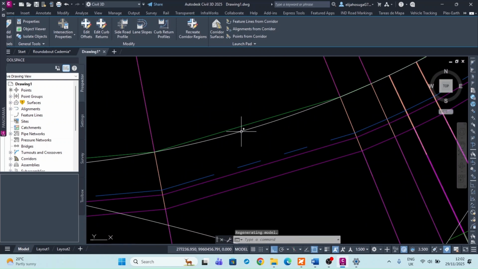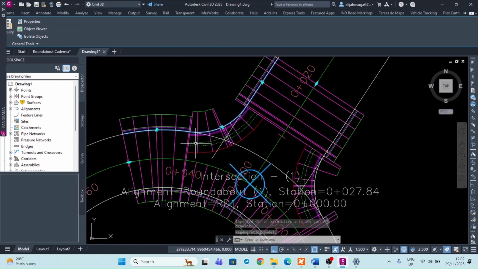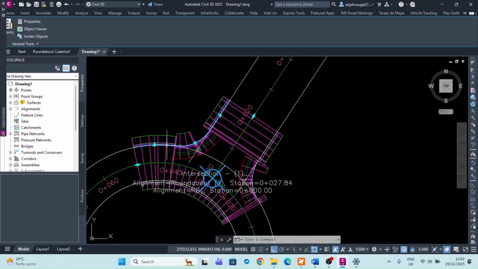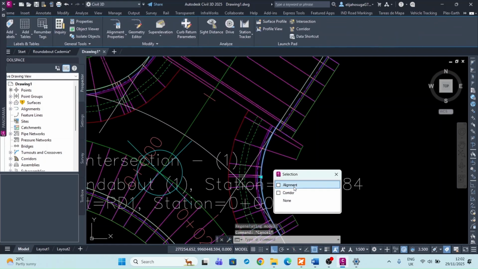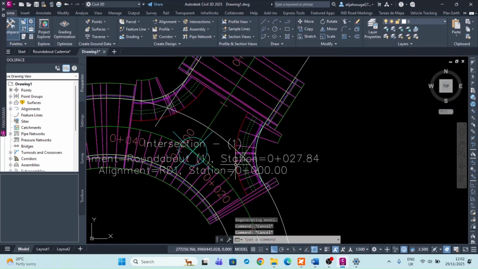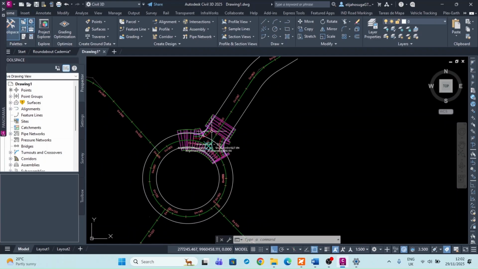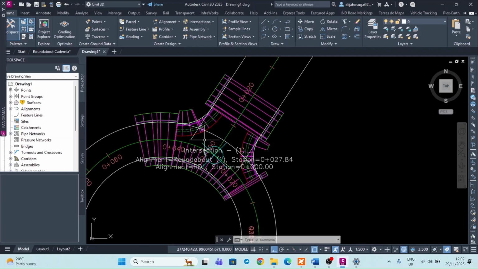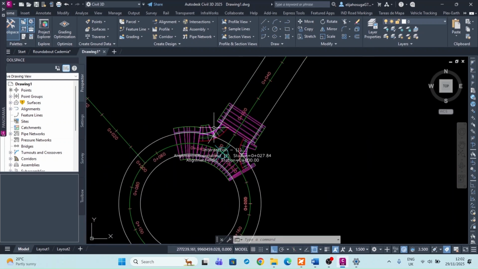So this is a curb return alignment that was created. Let's also see this other one. So usually this issue can persist in certain machines or in certain Civil 3D versions, but in certain Civil 3D versions, you just create the intersection and nothing bad happens. You just get the intersections well placed. So if you ever encounter this problem, this is how you deal with it. So first of all,